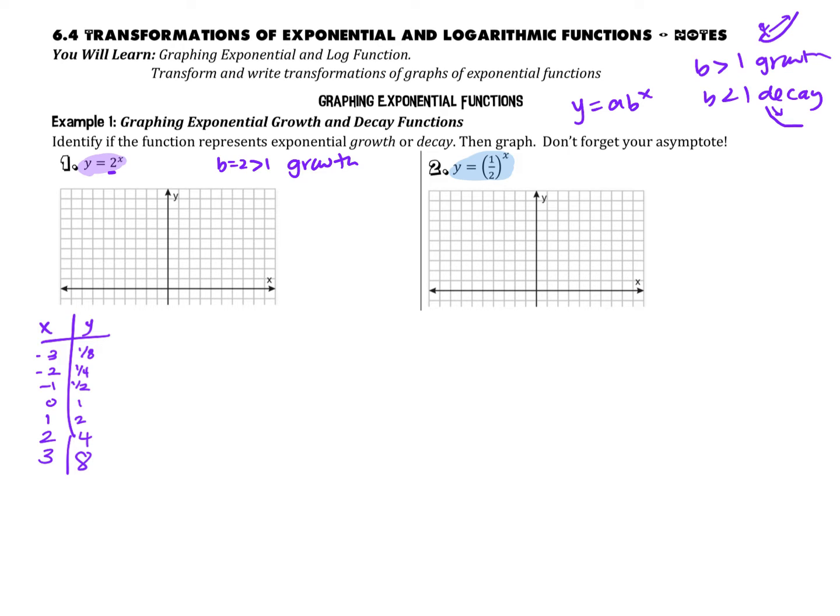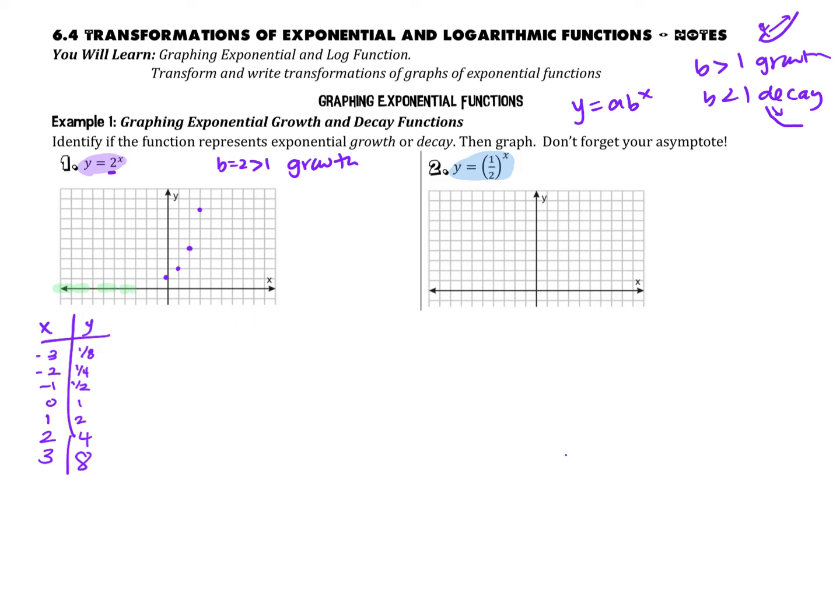And I probably don't need to plot every single one of these fractions. The goal is that I'm getting the shape as best as possible. So let's see what we can fit on this graph. It looks like we are going to be able to fit 3, 8. And I'm going to go ahead and graph those other integer points: 2, 4, 1, 2, 0, 1. Now for these fractional points, I just want to remember how the graph of exponential growth behaves. So it's going to be getting closer and closer to this